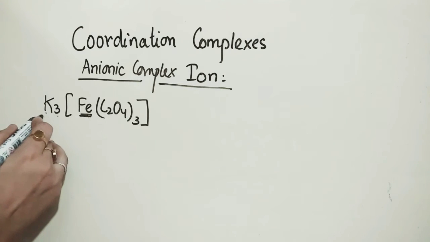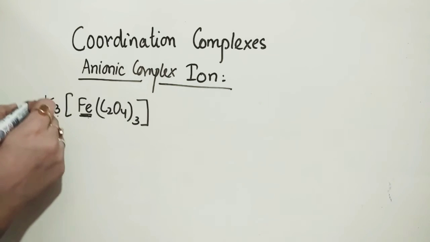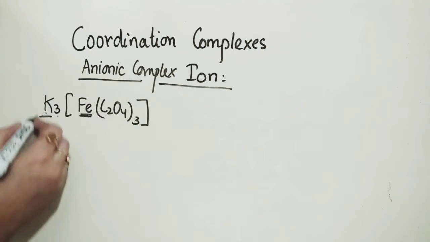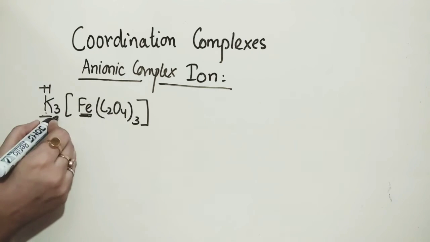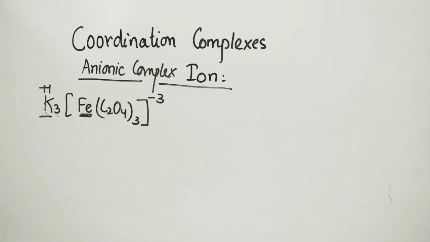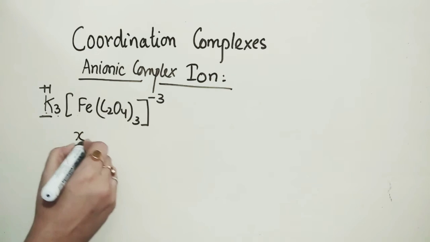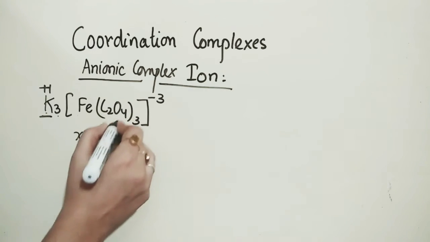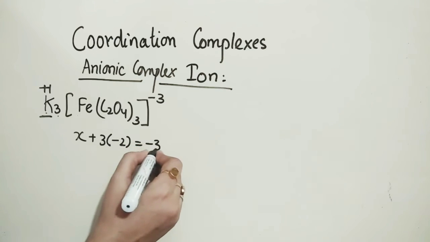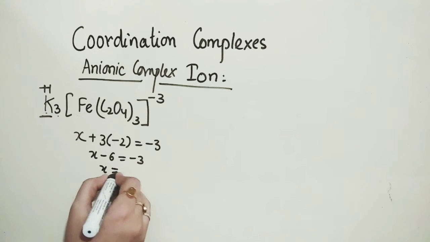For example, here K3[Fe(C2O4)3]. Now potassium carries the positive charge, so the complex ion will carry the negative charge here. K is +1, so it is +3, so the charge on the complex ion will be -3. Now if we have to find out the oxidation state of Fe, it will be x plus 3 into oxalate, each oxalate carries -2, equal to -3, so x minus 6 equals -3, so x comes out